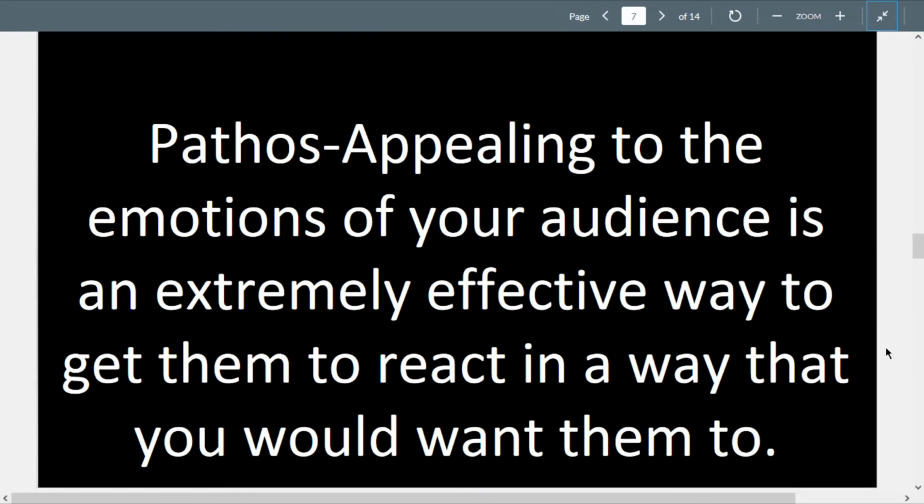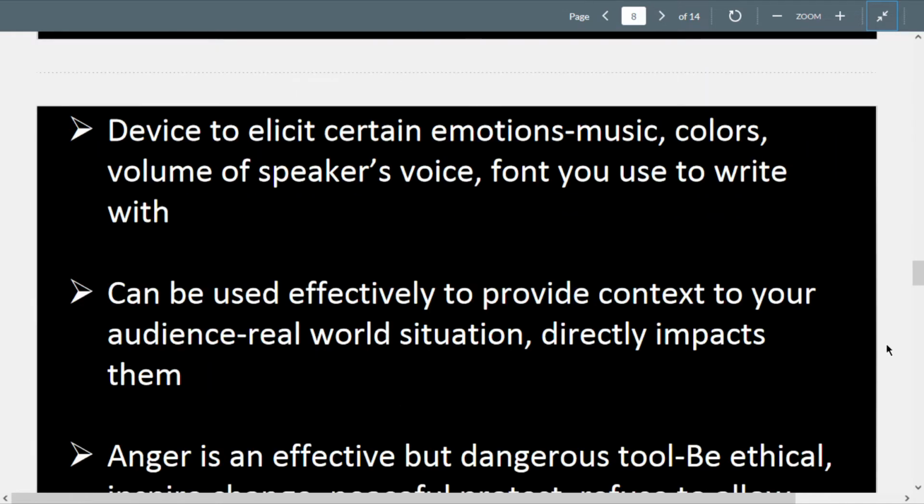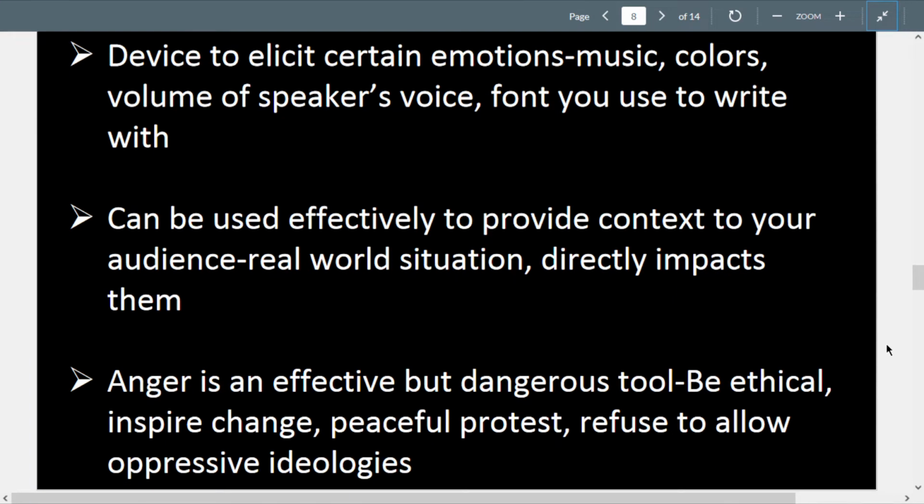So pathos is the appealing to the emotions of your audience in an extremely effective way to get them to react in a way that you would want them to. So some devices to elicit certain emotions could be music, colors, the tone of a speaker's voice, the font you use to write with. Even your font can say something to your reader, whether it be very easily read, whether it be very sophisticated and